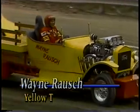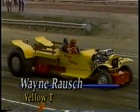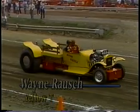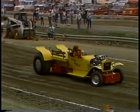There's no mistaking this vintage 1932 Ford pickup body. It's Wayne Roush, the pulling professor from Ohio. Why would a puller leave years of service at Ohio State to become a